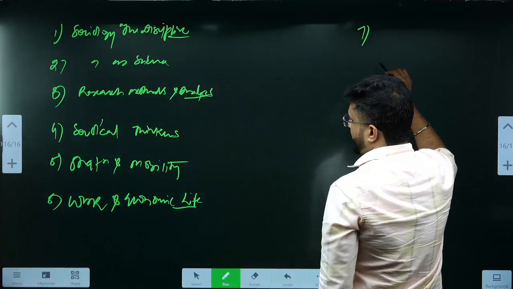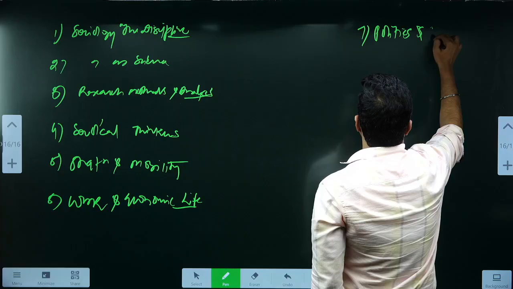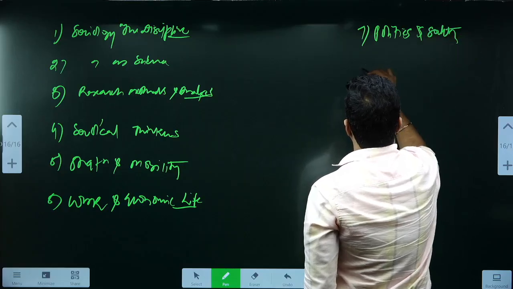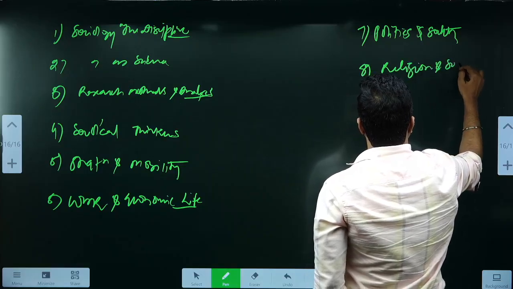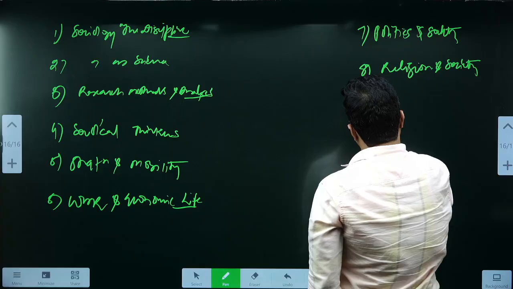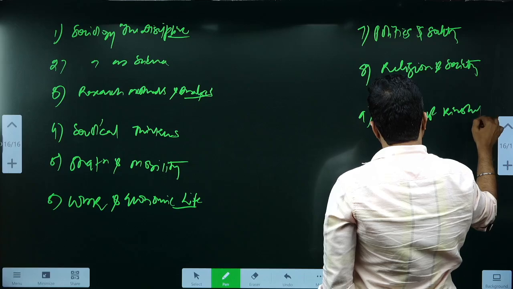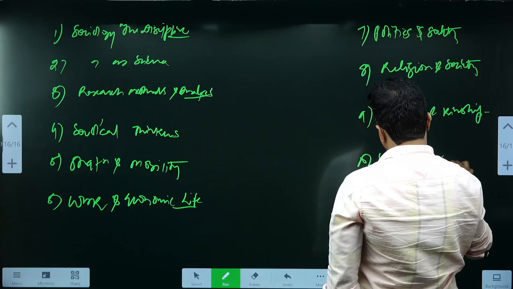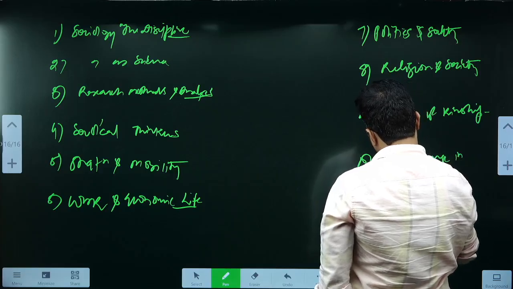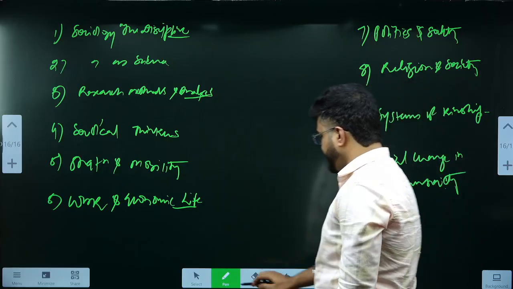7th, politics and society. 8th, religion and society. 9th, systems of kinship. And 10th, social change in modern society. Okay,